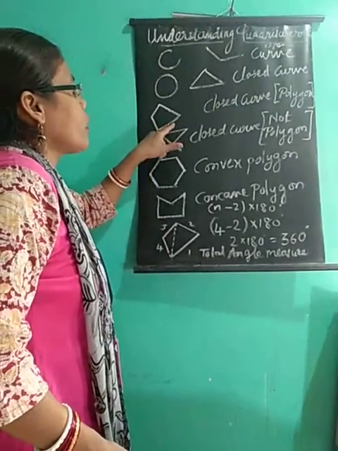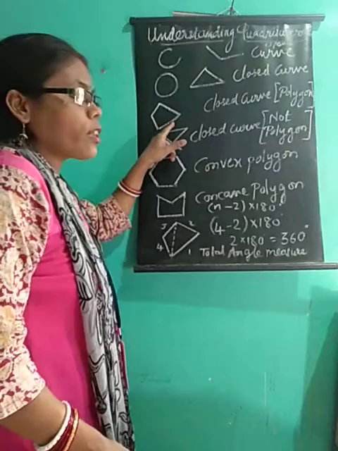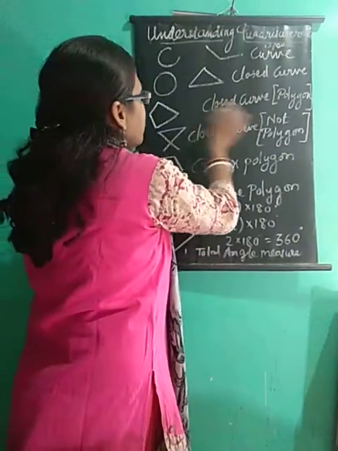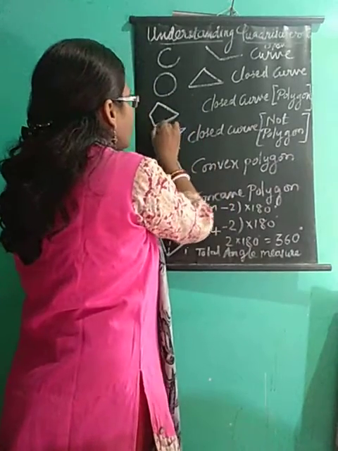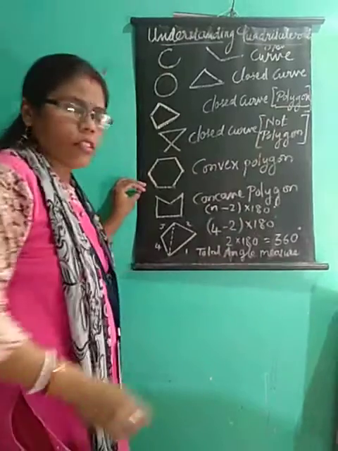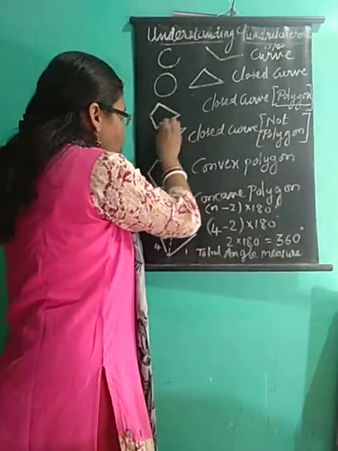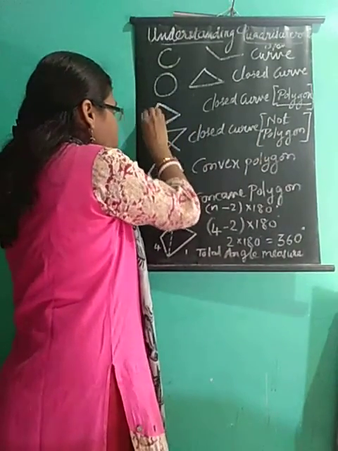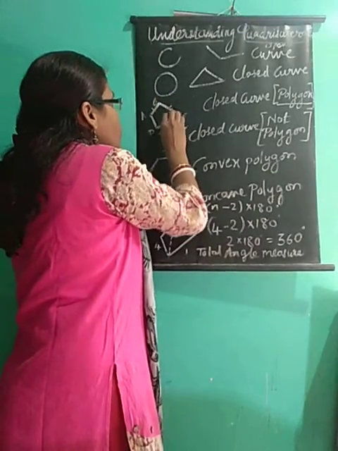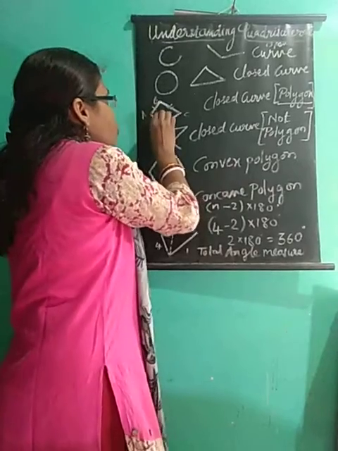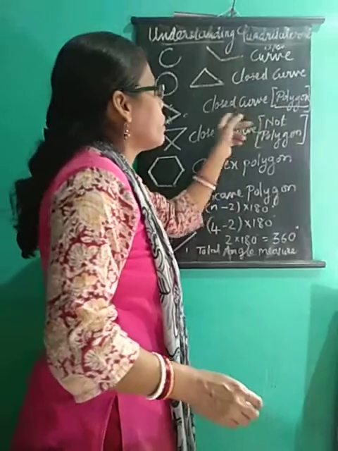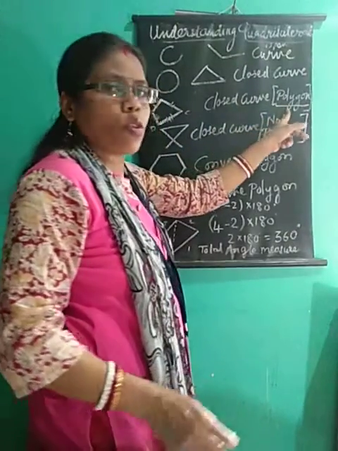Now comes the figure with lines. When it is made up of sides with line segments, such a figure is called a polygon. A figure which is made up of line segments. Here you have 4 different line segments, A, B, C, D. If you mark it, this is 1, 2, 3 and this is 4. So 4 line segments you are having, a closed figure made with that. This is also a closed curve, but it is a closed polygon.